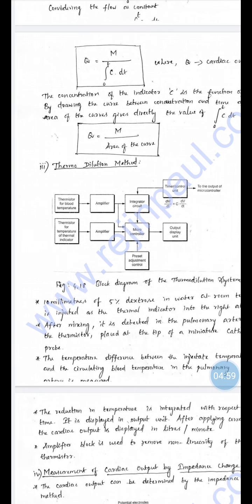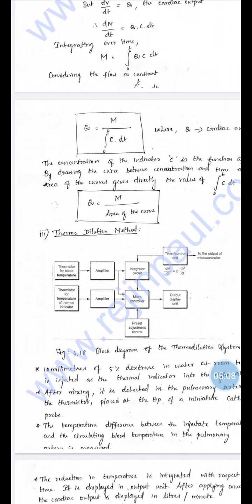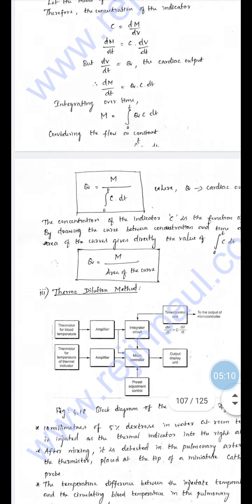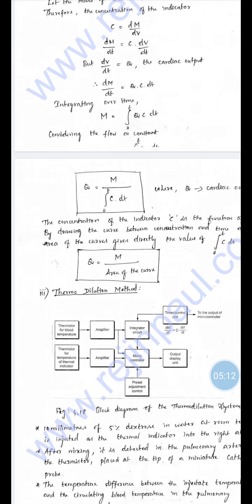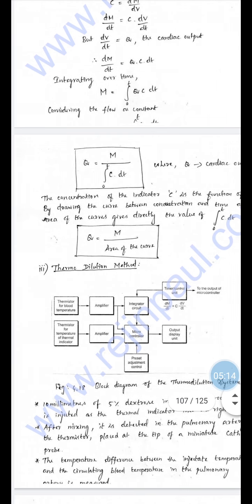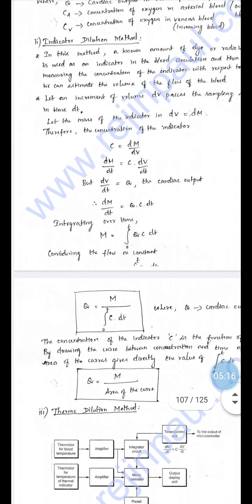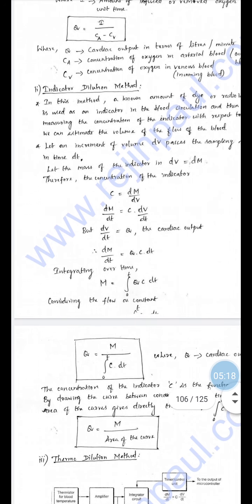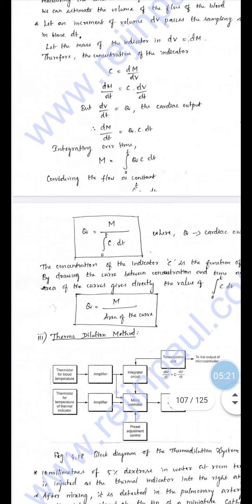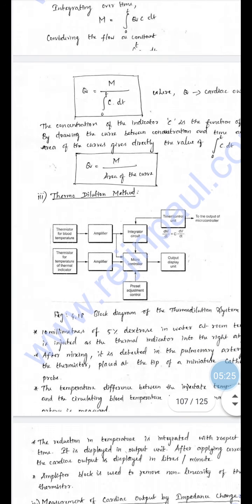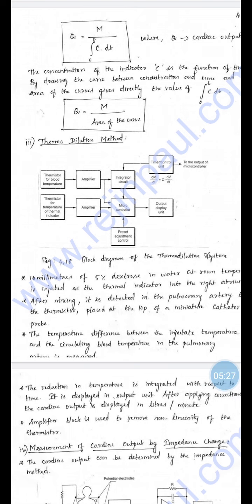Then the cardiac output Q will be equal to, after completing the integral, M divided by the area of the curve, that is, the area in which we are going to measure the blood flow. So Q is equal to M divided by the area of the curve, from which we can obtain the cardiac output measurement. Then this Q will be compared with a reference. If there is any deviation, there may be some disorder in